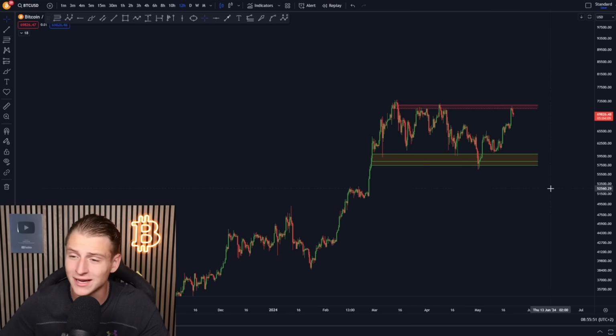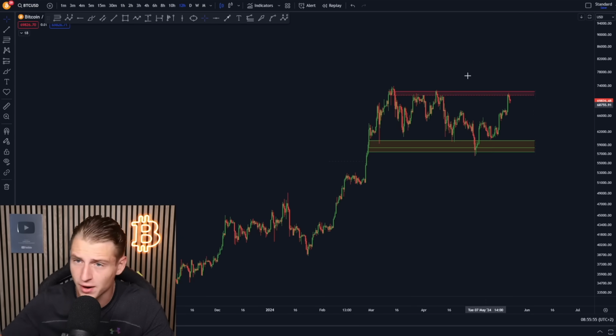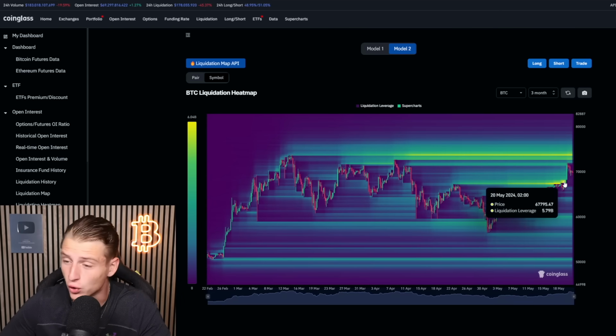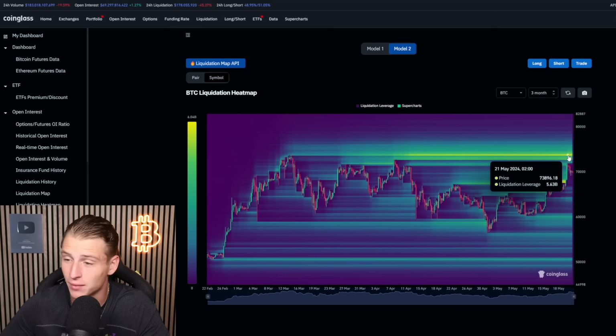So we're once again at the top side of the region. I do believe that Bitcoin, of course, eventually is going to be breaking up higher. If we are also looking at the liquidation heat map, we can still see that indeed we grabbed that massive liquidity of about 5 billion US dollars worth of short positions, around $68,000 to $67,000. Boom, liquidity is grabbed. And right now, the last liquidity that's laying in the market is laying somewhere around 73.8k,